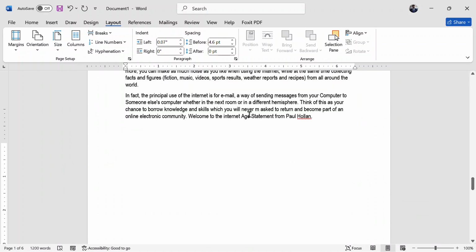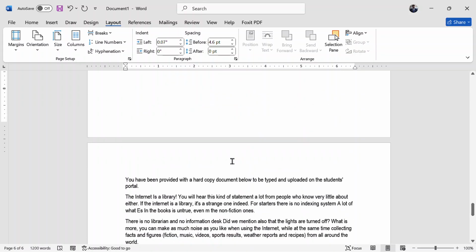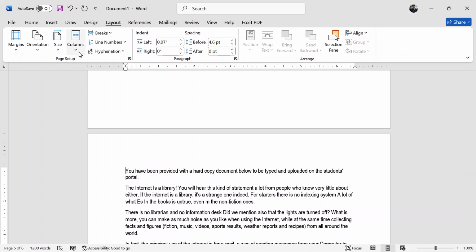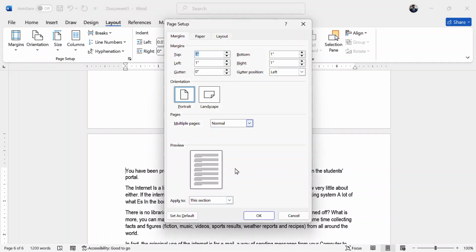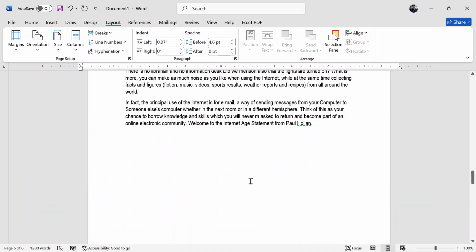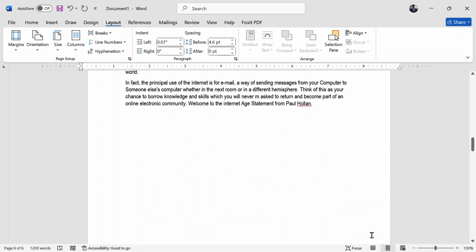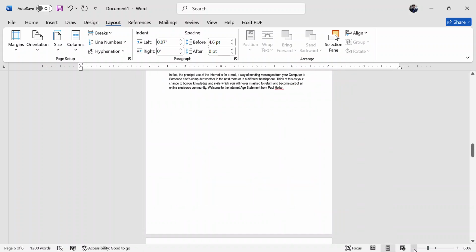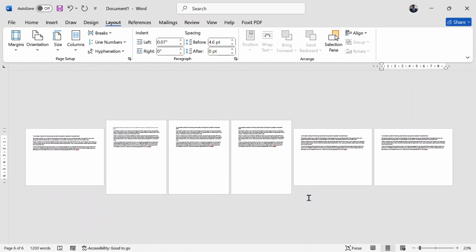That is section break. Let me put my cursor in the section that I want to turn into landscape orientation. I tap on more. After tapping on more, I choose landscape. After choosing landscape, make sure the apply to has this section, and then you click OK. When you click OK, you definitely see these 2 pages turn to landscape because they are in the same section. Let me zoom in so that you can see. Yes. So page 1 is in landscape, 2, 3, 4 portrait, and the last ones are in landscape format.